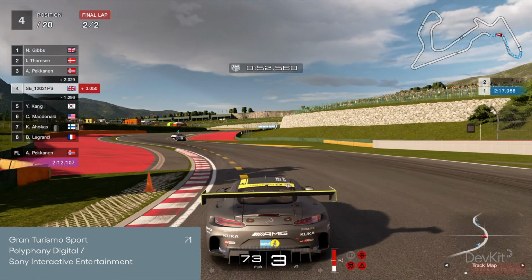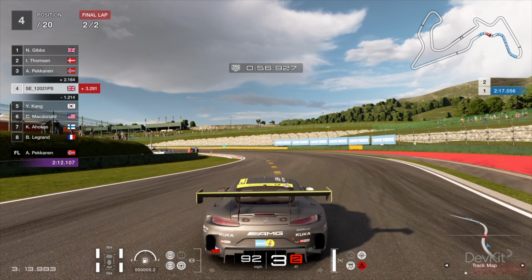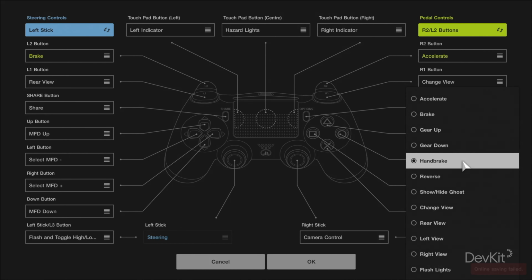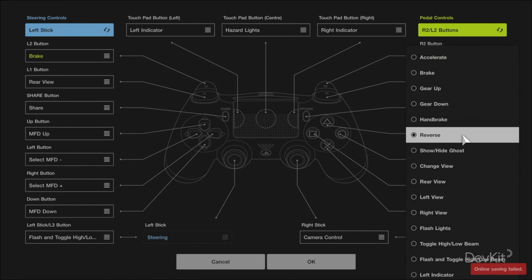Players may want to map the actions they consider most important to the inputs they find most easily accessible. In Gran Turismo Sport, you could remap the square button from handbrake to reverse if you thought you would need to reverse more than handbrake, and square was a more comfortable input. And to ensure you still have access to all of the actions in the game, you could then map the